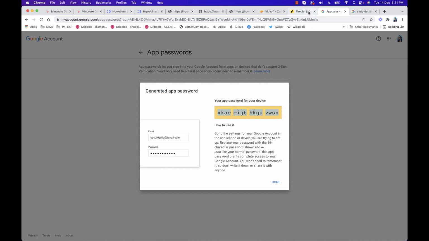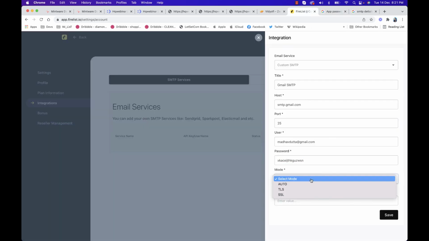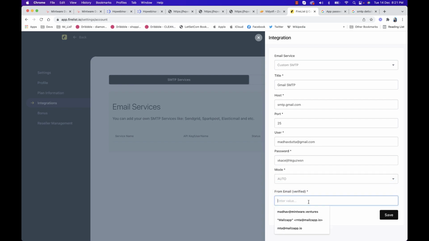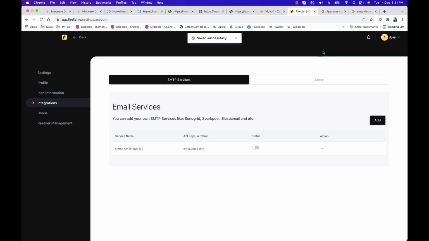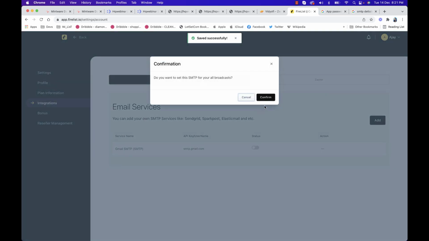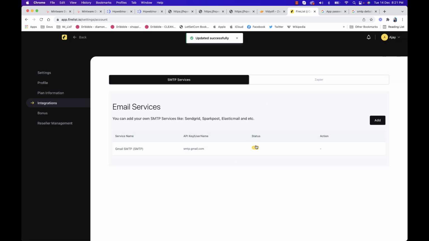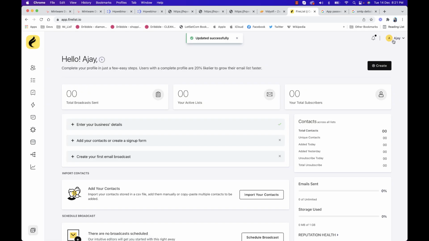Copy this password, paste it here, choose mode auto, and here I'm going to use madhavdatta@gmail.com. Click on Save. That's it, it's done. Then you have to click on status to change.